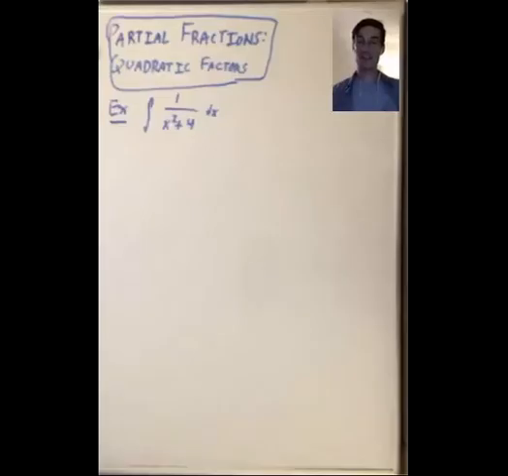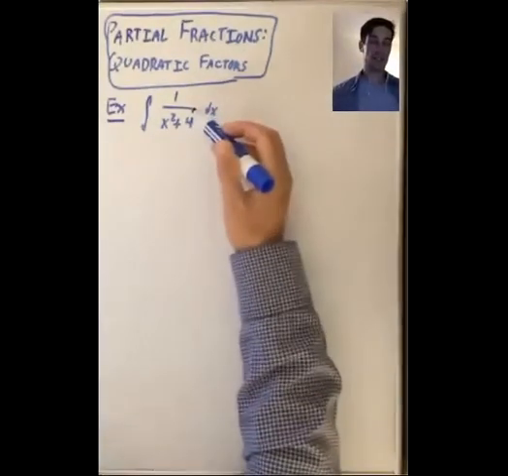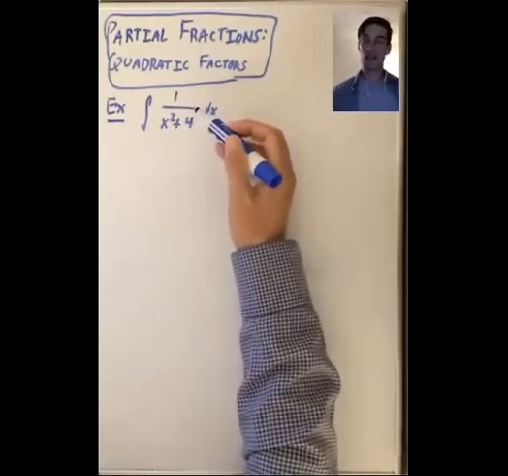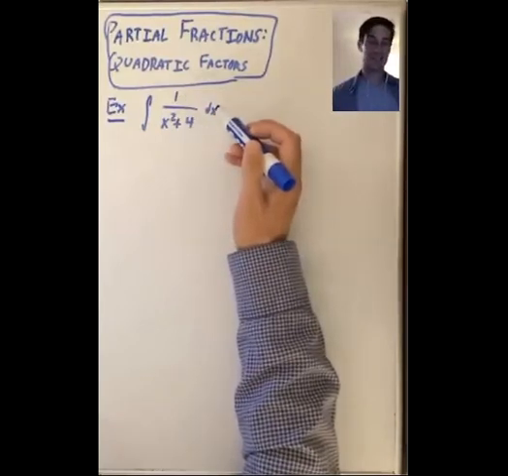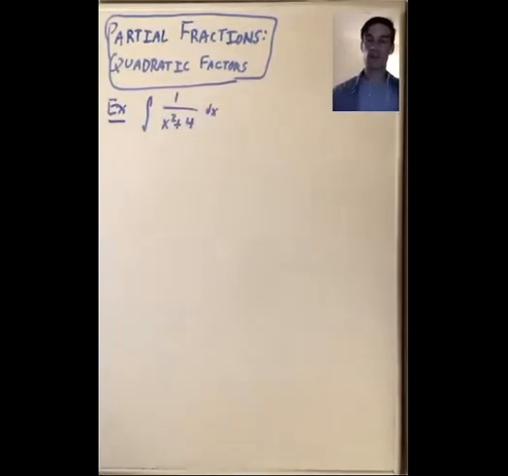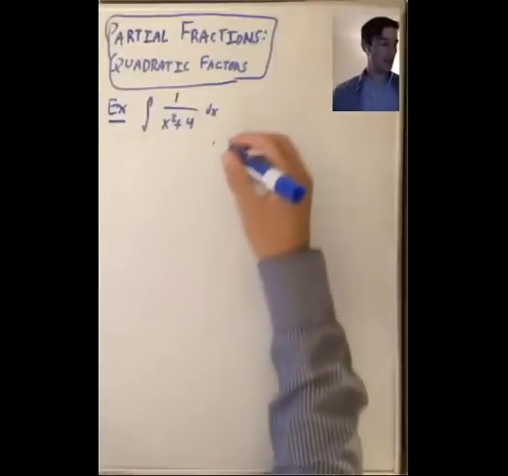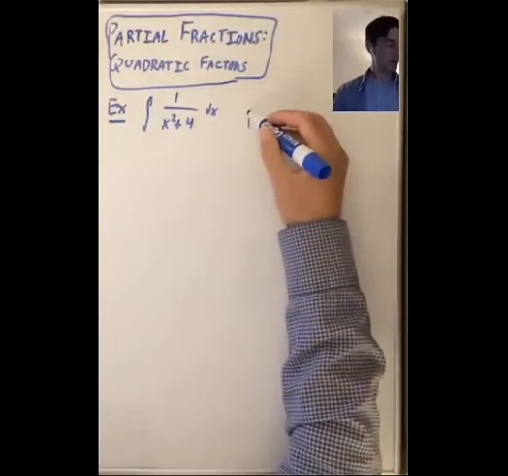In this video, we'll talk about how to do integration by partial fractions when your denominator has quadratic factors that are irreducible. So first example, in the last video, we saw how to integrate 1 over x squared minus 4 dx. So now let's do 1 over x squared plus 4 dx. And let me just start with a reminder